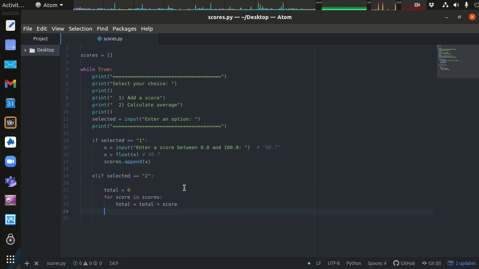We get a total, and then we need to calculate the average. AVG. So how do you calculate the average? You sum up all of the items, so that should be total. That's the total sum, and then we divide by the length of our list of scores. Right, so that's very simple. The average. So print the average score of